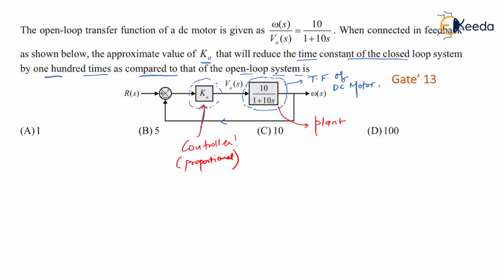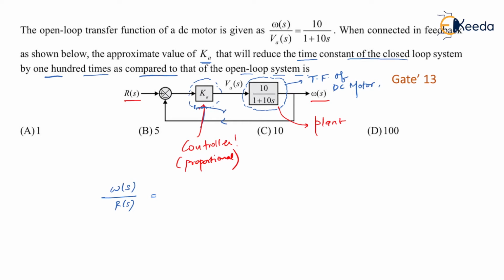So what we will do is, we'll first get the overall transfer function of the closed loop system by reducing this block diagram. You know that when blocks are connected in series, the overall transfer function is nothing but the product of the two blocks, am I right? After reducing, we will have only one block in the forward path. In the reverse path, we have unity feedback. Again, by using the formula G upon 1 plus GH, I'll get the closed loop transfer function. So what I have to calculate is W(s) upon R(s).